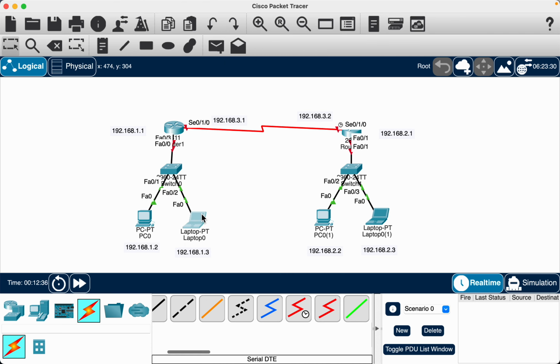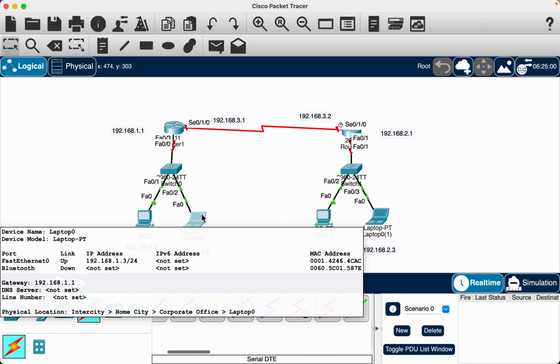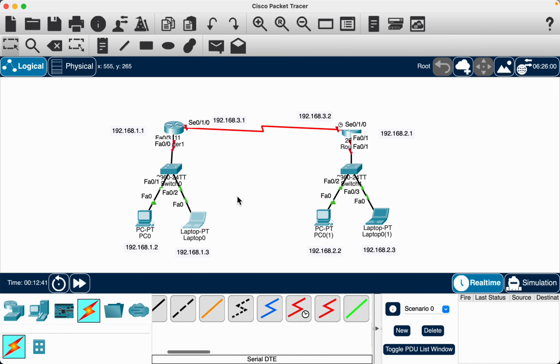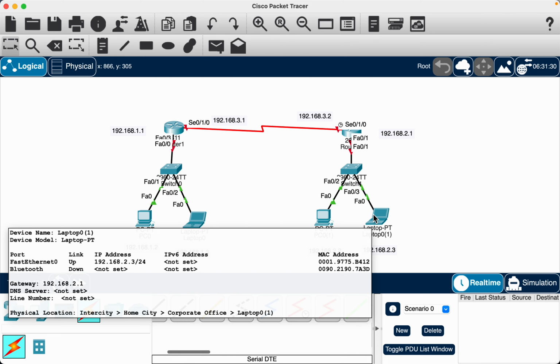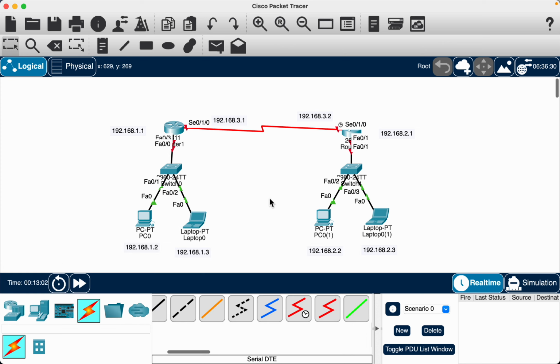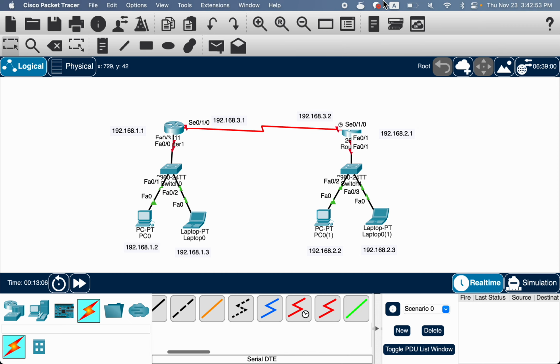This is 2.2 and the gateway is 2.1. This one, 2.1, is our gateway. The last end system, let's verify the IP configuration. This is 2.3, and what about the gateway? This is 2.1, and you can verify here. Yes. Done? Okay, now move to the router. So first I am going to configure